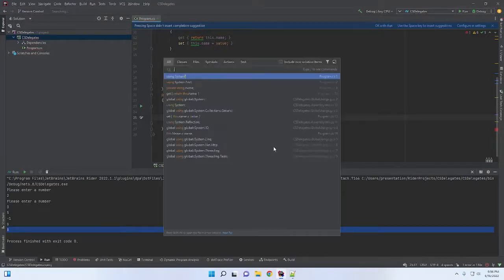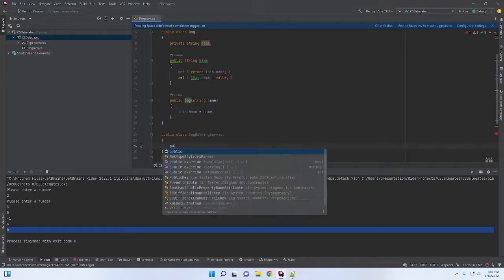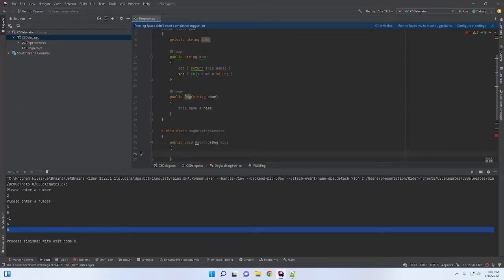novo. All right, so let's say, okay, we are going to have a dog walking service. And so for that service, we need to keep track of when we walk dogs and everything else. So we'll go ahead and do public class DogWalkingService. And inside of here, we need to have a method which is going to walk the dog, void WalkDog, and this takes in a Dog,